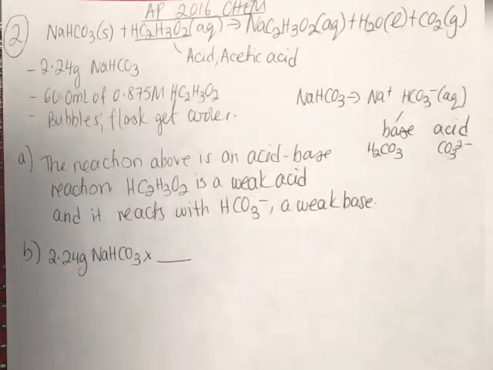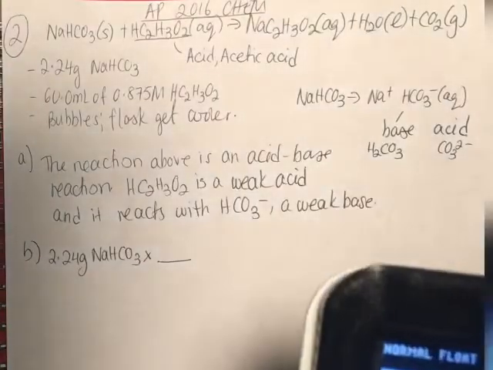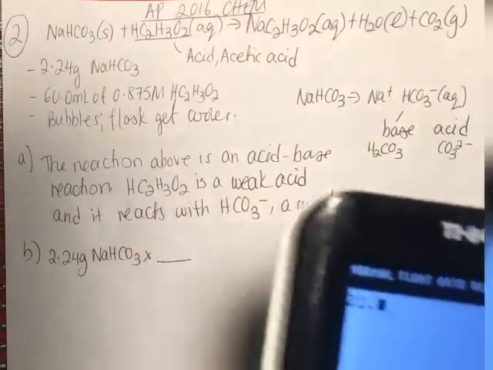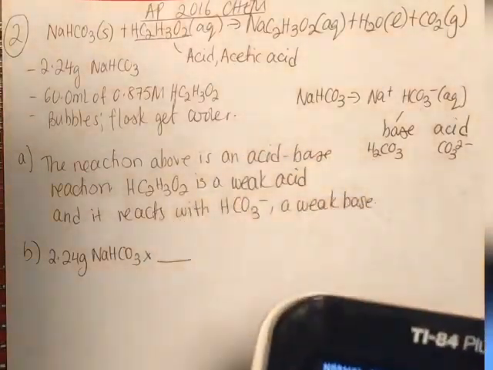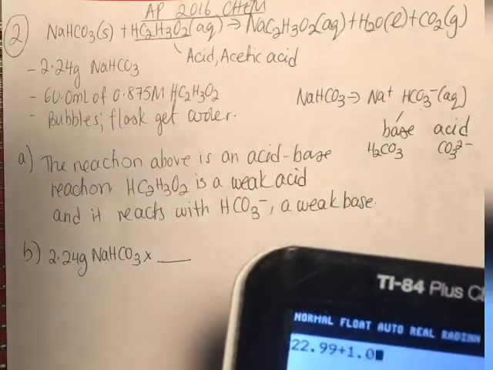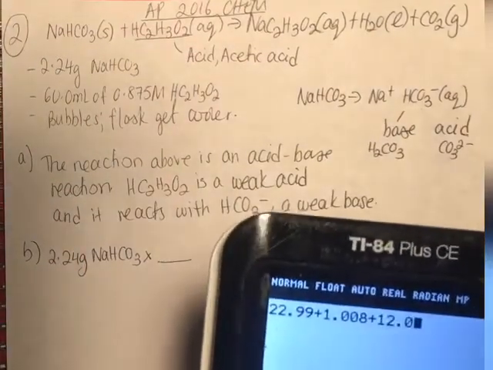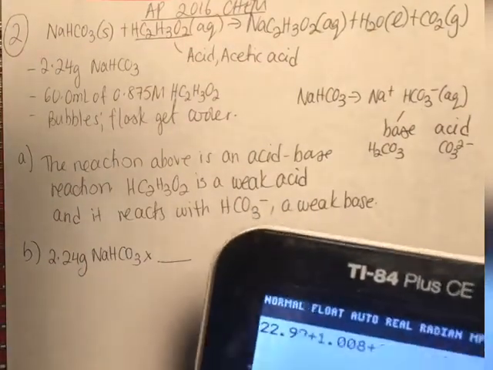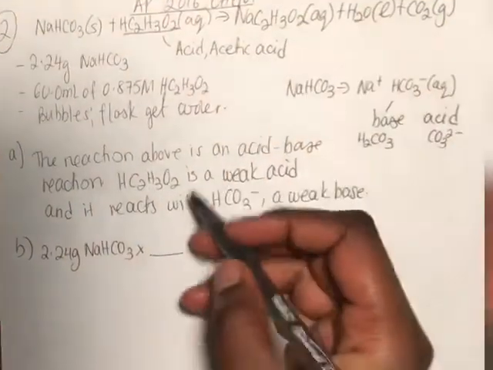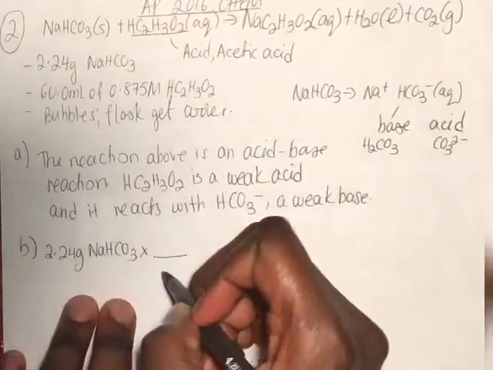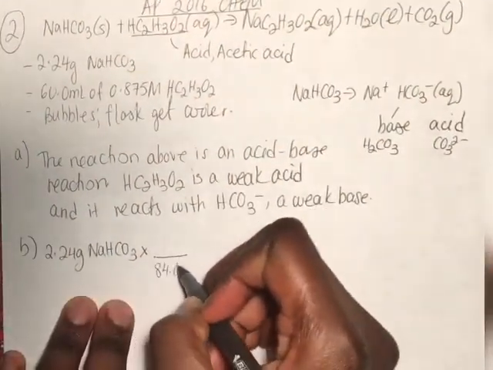So when you use your reference table and your calculator, you'll find that the molar mass of NaHCO3 is 84.08